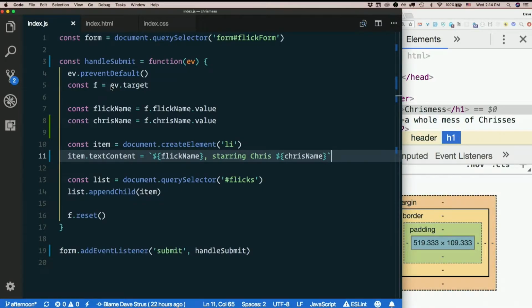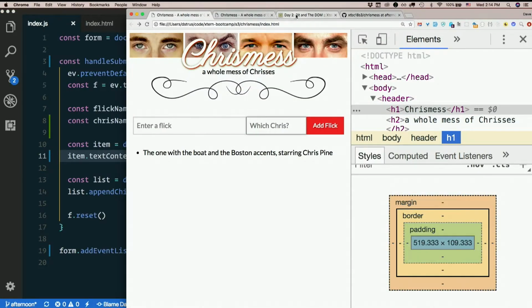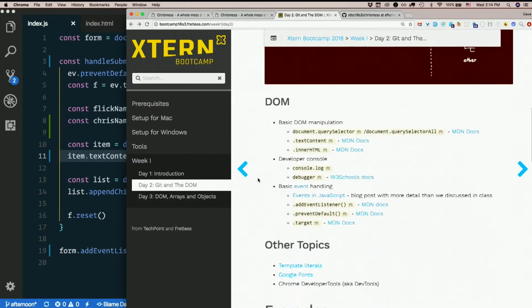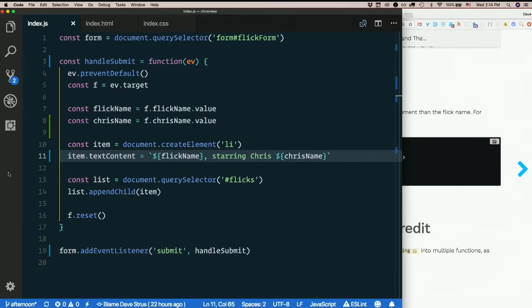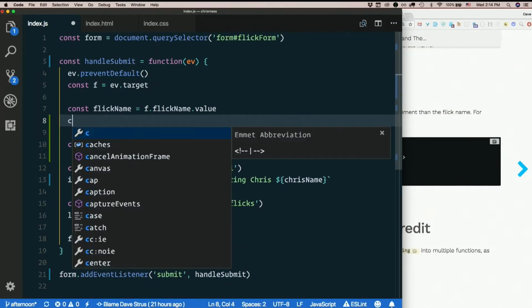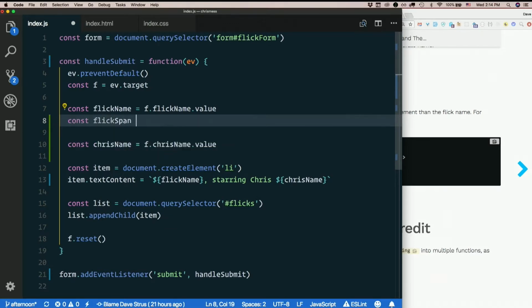Now in our homework, we wanted to add them as separate elements so that we could target them with CSS and stuff, right? So, no problem. What I said here in the homework description was maybe do something like this. Inside the li, make a couple of spans. So that's 2 new elements we need to create, right? So we should see document.createElement 2 more times. You dig? So let's do that once for each of these. So for flick name, let's make a flick span. Why not? Const flick span equals